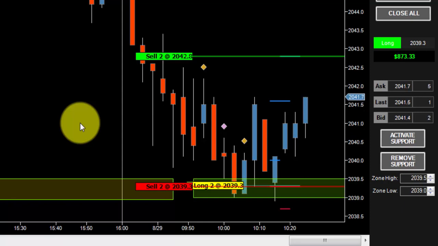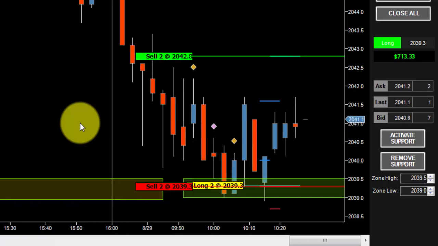So now we've gotten into the trade, we've seen the smaller target fill, we've seen the stop move to the entry, and now it's just a matter of waiting and watching at any time. There's nothing stopping you if you say, hey, I want out of this trade now. You can just go up, you can see the close all button at the top right of the screen. You can click that and it'll close the position at the market. You can move your stop. If you wanted it at